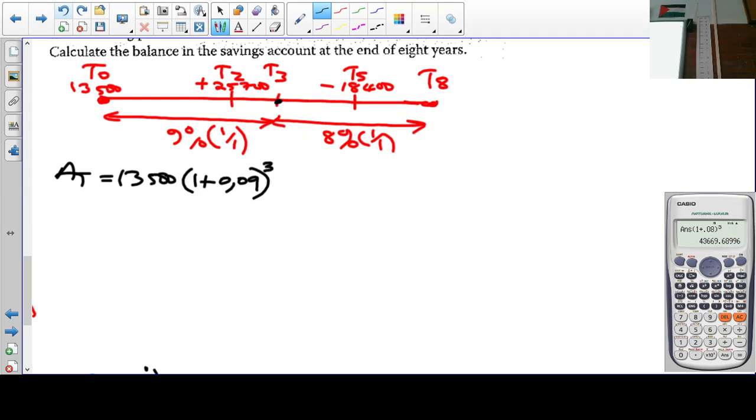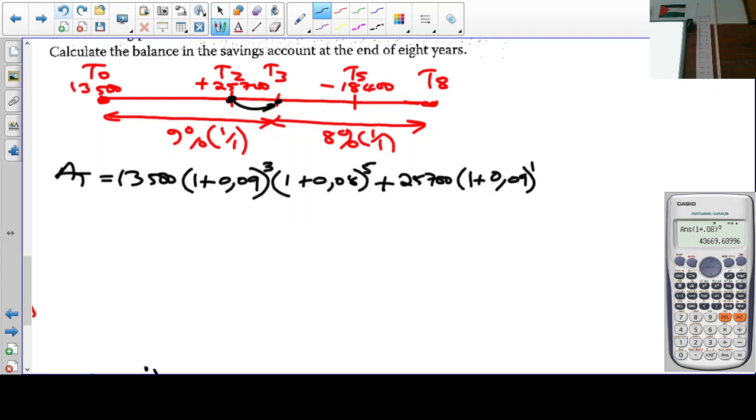But now this 13,500 still earns interest for another how many years? 5 years. At 0.08 for 5 years. So I've considered the 13,500 completely. You see that? Here we go. Plus, now we look at the 25,700 Rand. We take it again till where the interest rate changes. So we take it from there to there. How many years is that for? 1 year. So it's going to be 25,700 into 1 plus the interest rate there is 0.09 for 1